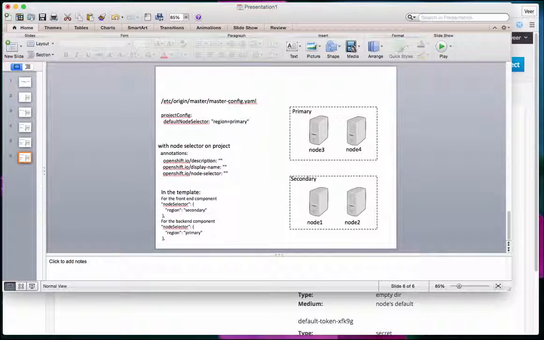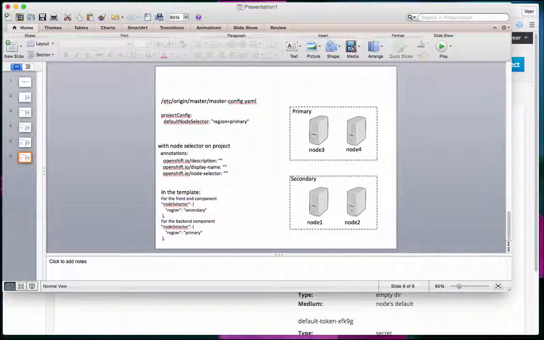Now the next example, another scenario, right? I have multiple application components in my application. Maybe I want my database to land on a different set of nodes. I want my application logic components to run on a different set of nodes. Let's say you want to divide it that way, and you want the region where your database runs to be separate from the region where your application logic runs, whatever your needs are, right? If you want to do it that way,